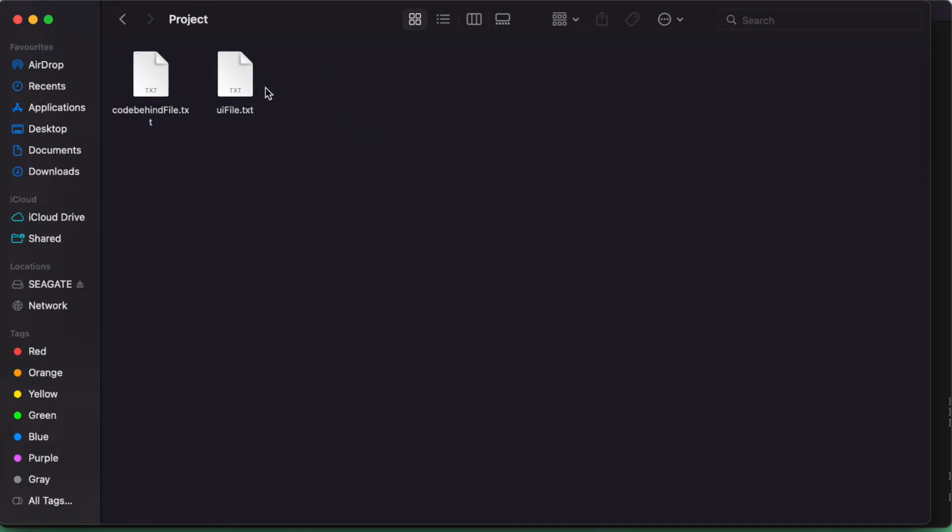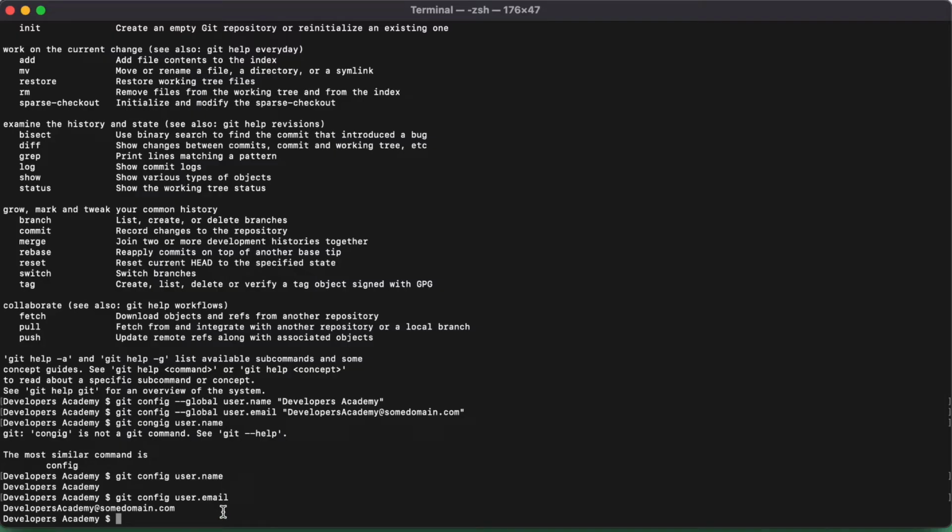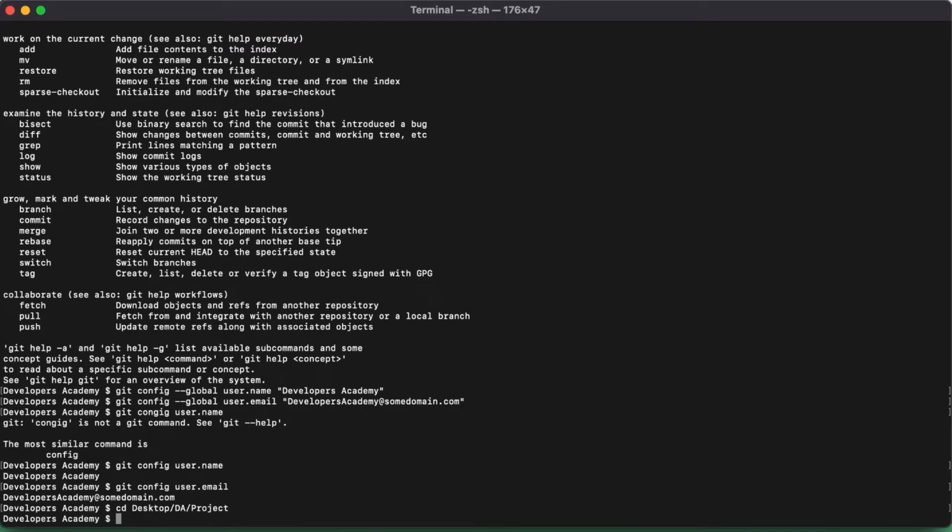You can consider it as a repository, and let me show how to initialize Git here. So just go to that folder. It is on desktop, DA project. To initialize Git, you can use the command git init.